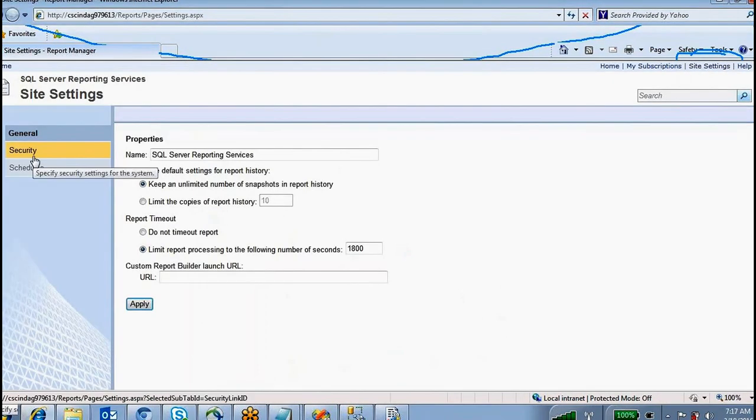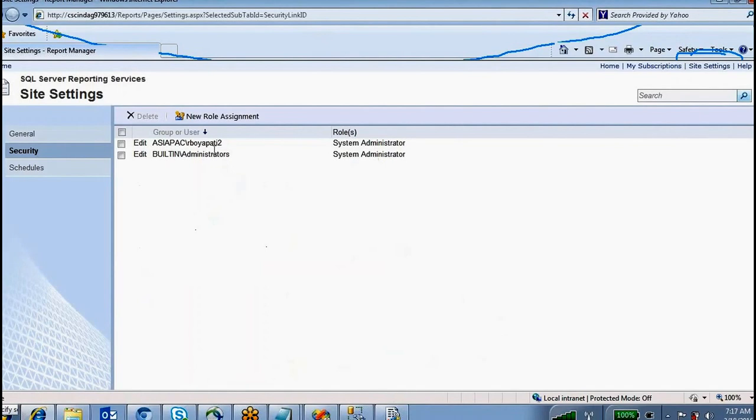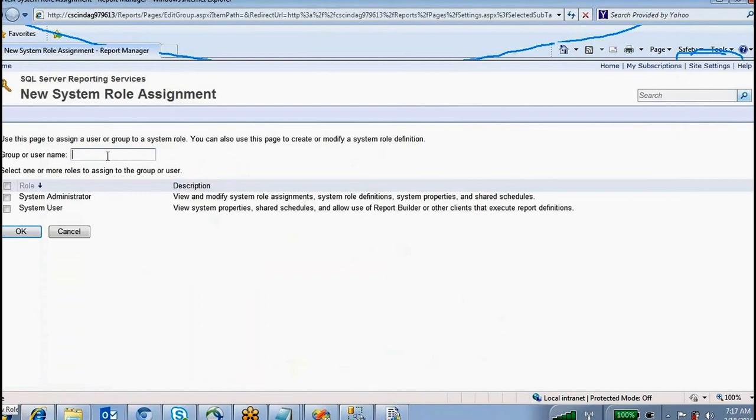Go to security. Here, if you observe, I have already added my user ID. If you want to add a new person, you can give, for example, Bhavana. The username is Bhavana, then you can add the name here. What kind of privilege are you going to give Bhavana?